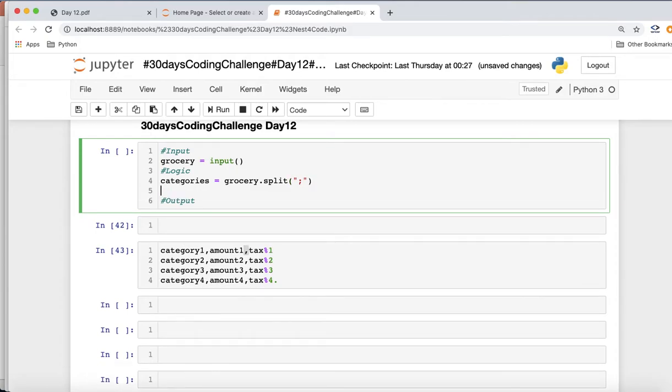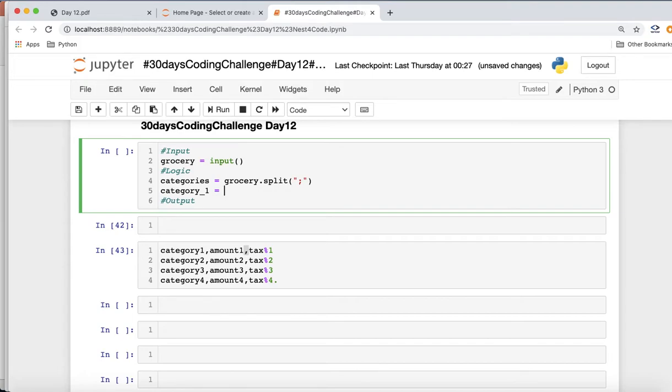Now for each category we want to calculate the total amount. Either we can define separate variables for this, or do it in one line. Let us suppose we are trying to compute the category 1 bill.